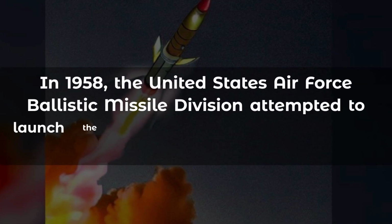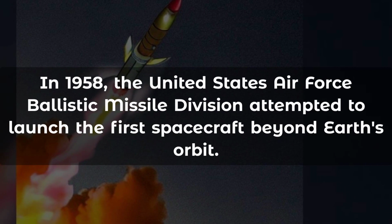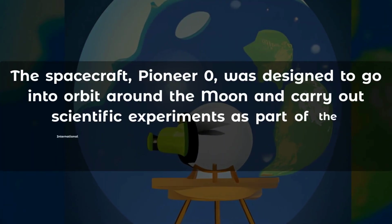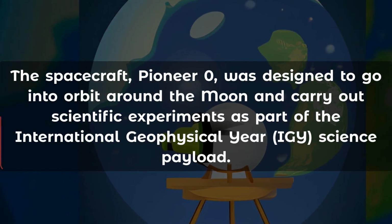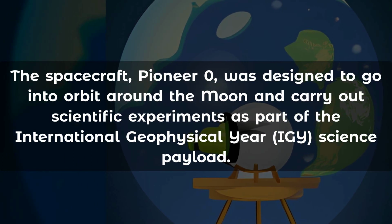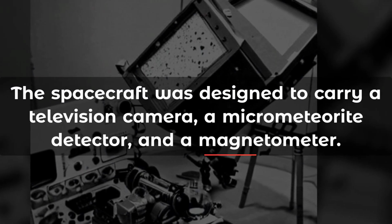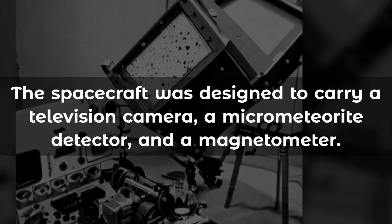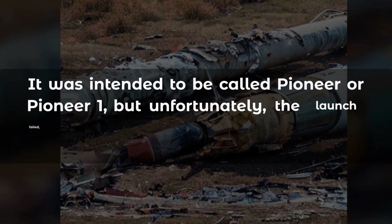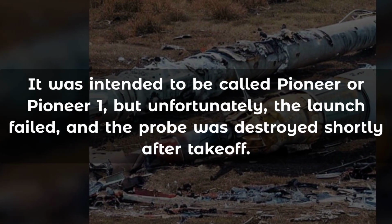In 1958, the United States Air Force Ballistic Missile Division attempted to launch the first spacecraft beyond Earth's orbit. The spacecraft, Pioneer 0, was designed to go into orbit around the Moon and carry out scientific experiments as part of the International Geophysical Year (IGY) science payload. The spacecraft was designed to carry a television camera, a micrometeorite detector, and a magnetometer. It was intended to be called Pioneer or Pioneer 1, but unfortunately, the launch failed, and the probe was destroyed